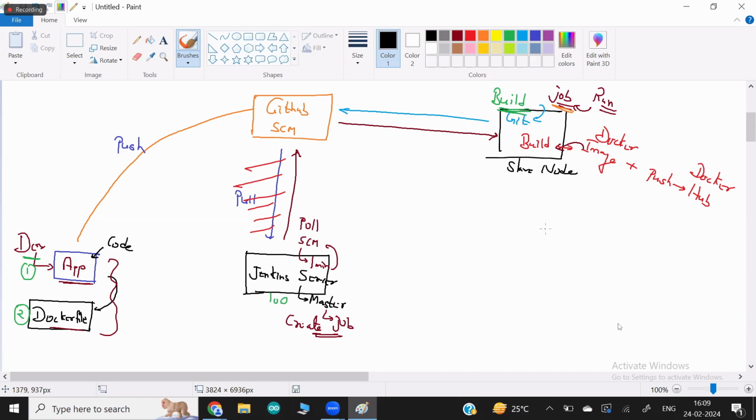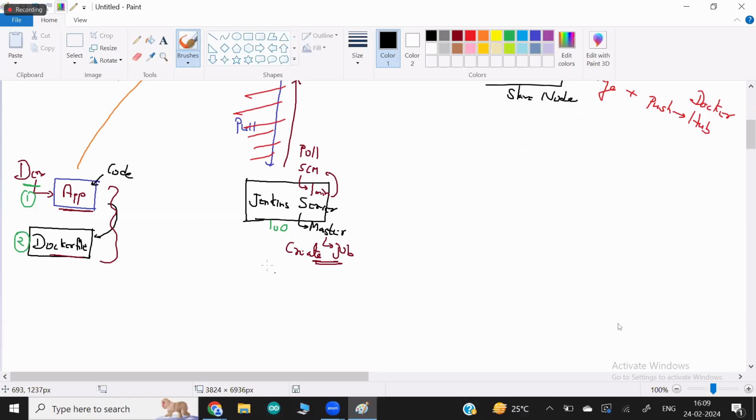Then after this job completes, this is called the build job. Then we can do one more thing. This build job will trigger one more job. And for that second job, let me write a job number here. First job, let me use the name build that we created in the master node. Second job is